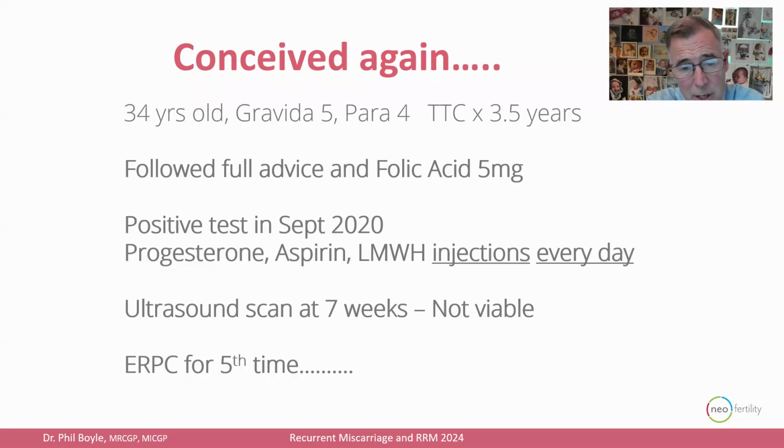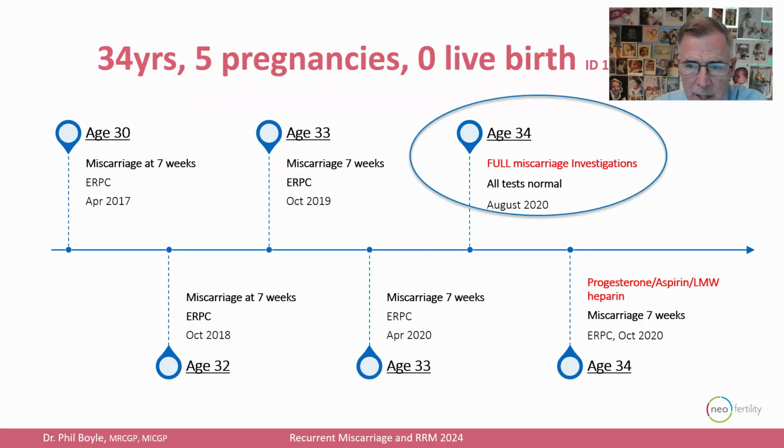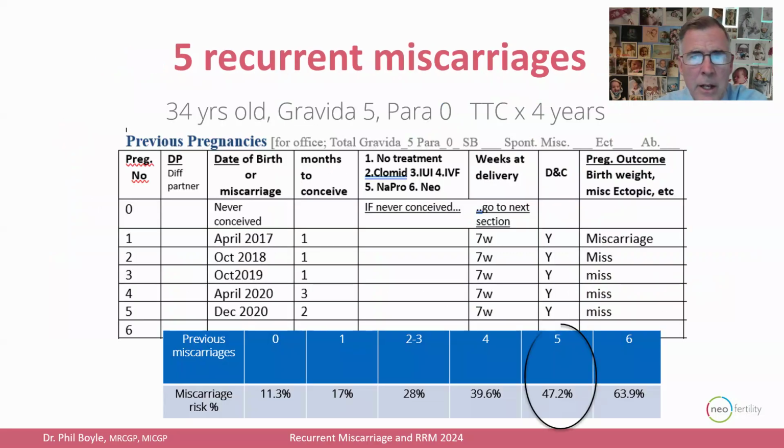And there are 3 long weeks where you're waiting, hoping that we're going to get a good result. We've done all the investigations, everything's normal, we've done all the treatment. So that's what they were through with the recurrent miscarriage approach, standard guidelines, ineffective. So that's what they were like when they came to me. That happened in October of 2020, and they came to me in the January or February of 2021.